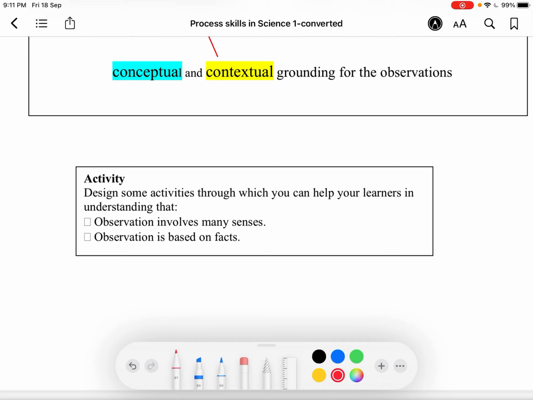For that, you can do this activity. You can share this activity through WhatsApp or through mail also, or if these activities are small enough, you can share in this comment box also. Okay, so